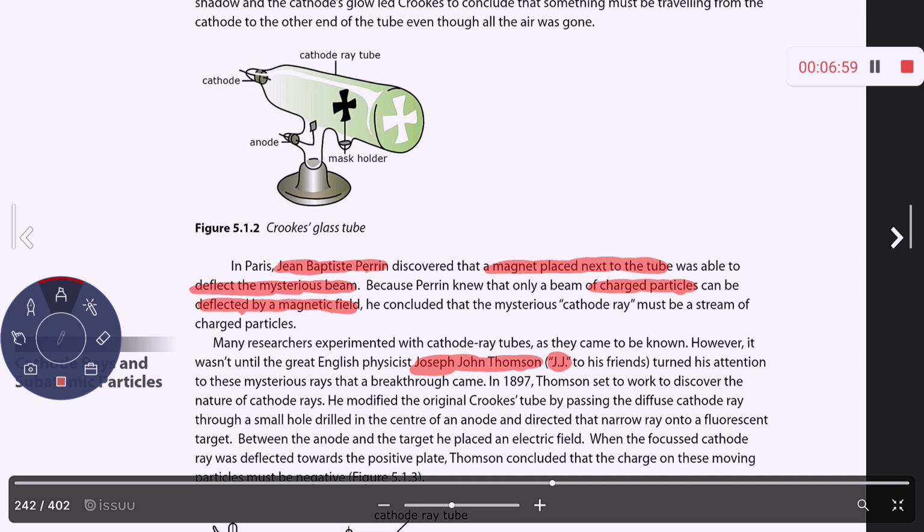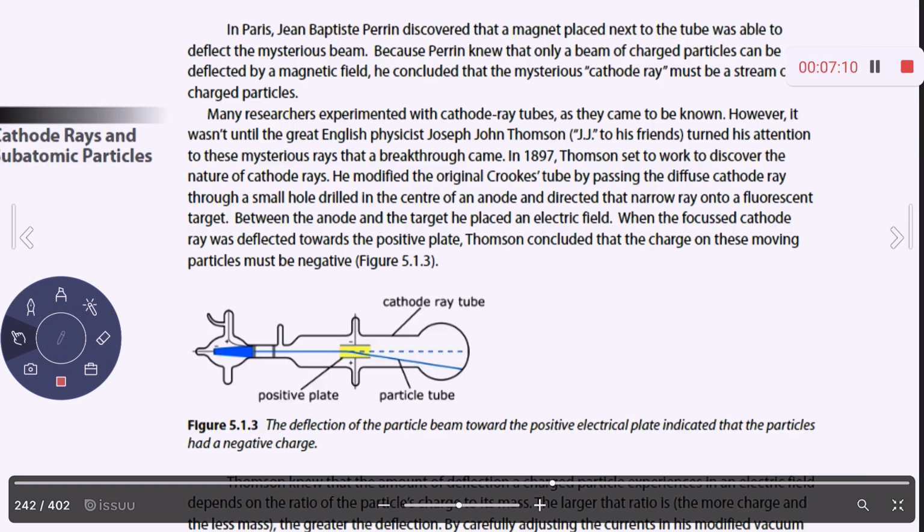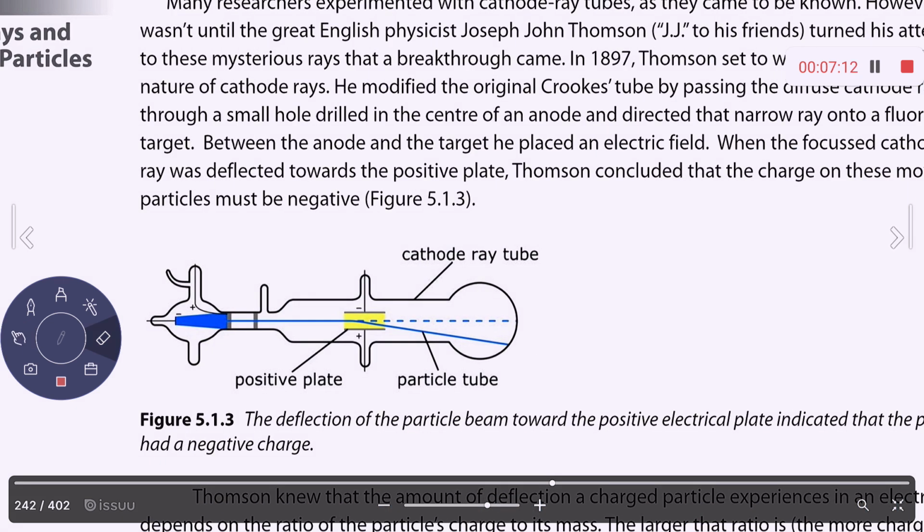They refer to him as J.J. Thomson. He decided to modify Crookes's tube a little bit. If you take a look down here, what he did was, inside of the tube, he decided to put a positive and a negative plate. So here is my positive plate and my negative plate. What he was trying to do was have those charged particles travel in between those two plates,